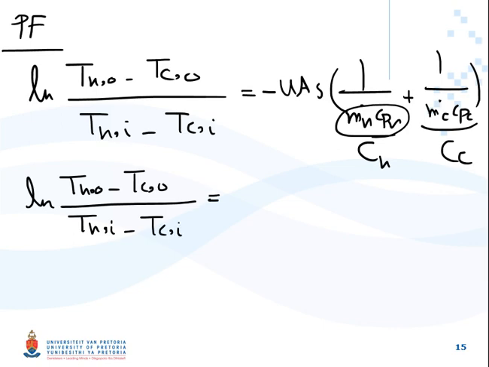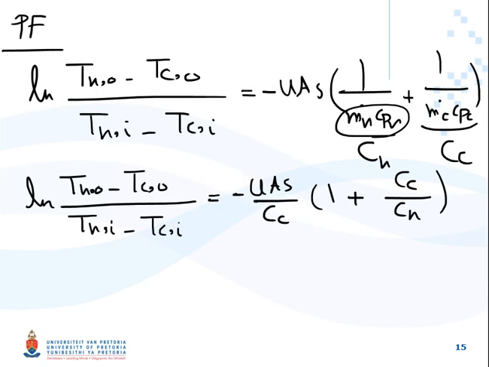I is equal to minus UAS divided by CV1 plus CCCH. So it's a bit of a rearranging, nothing else has been done. Okay, now